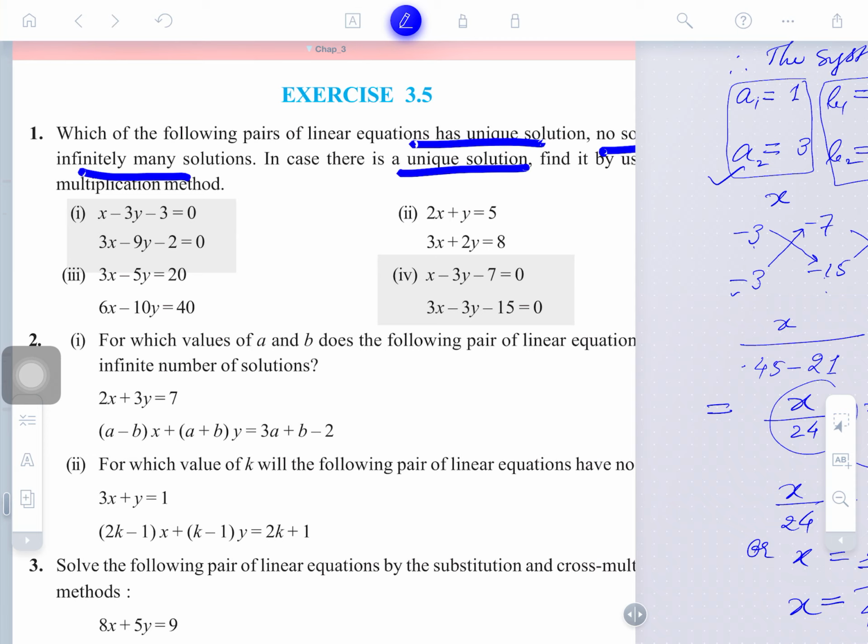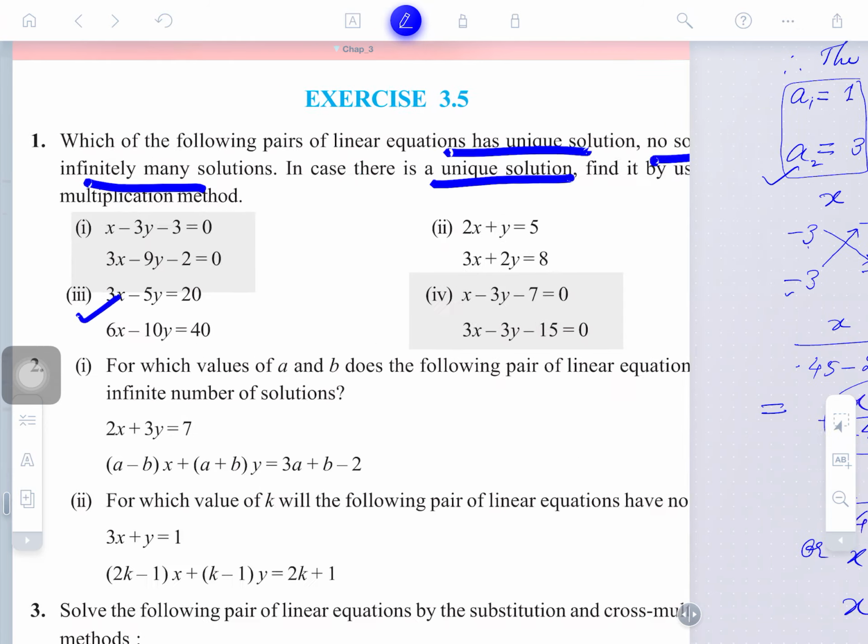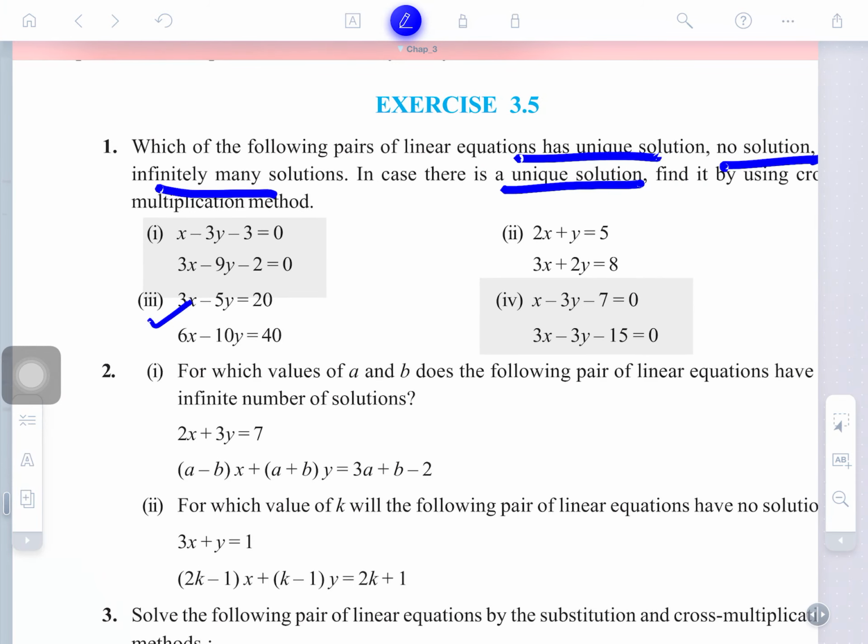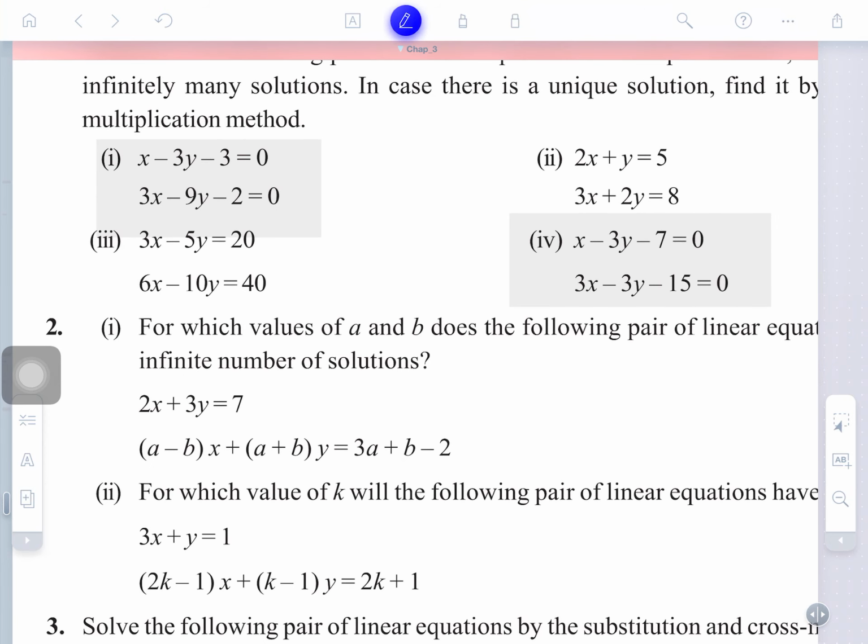So I'm giving you a home assignment, remember please, question number 3 you will attempt. The 3rd can also be done here. So you need to first check what type of solutions they have. So directly the ratios are to be checked here. What is a1 by a2? It's 3 by 6. So what is this coming, 1 by 2, in the 3rd question I'm talking about.